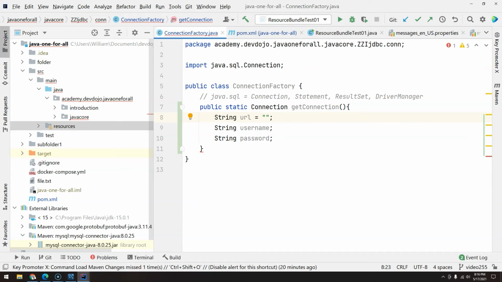Basically, the pattern for MySQL is like this. First, you type jdbc, and then colon, and now you type mysql. If you had different vendors, the value here would change. It could be MariaDB, or Postgres, and so on. This is available in the vendor's documentation. And then colon slash slash, and then comes the URL. In our case, it's running